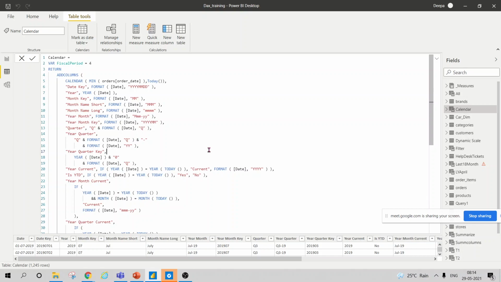Suppose I have 1 million rows of data, and I'm creating a column which gives me the year of that date. Unnecessarily it will create 1 million values in one column, because you don't need that.